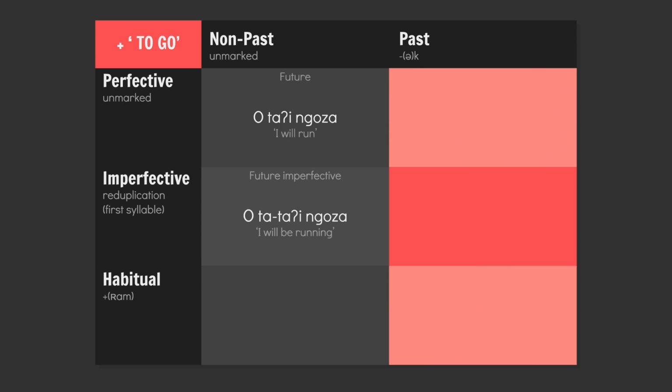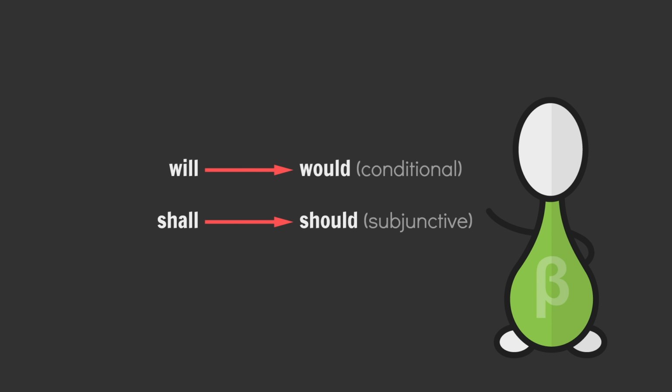Great, but what about the past tense? How can we have a past tense form of a future auxiliary? Yes, this may seem a bit paradoxical, but remember that the future is the moodiest of the tenses. Very often the future gets used for modal information, especially when it's combined with the past in some way. Two of English's future tense strategies, the words will and shall, used to have past tense forms, which today survive as would and should, which now serve to convey conditional and subjunctive modality respectively.